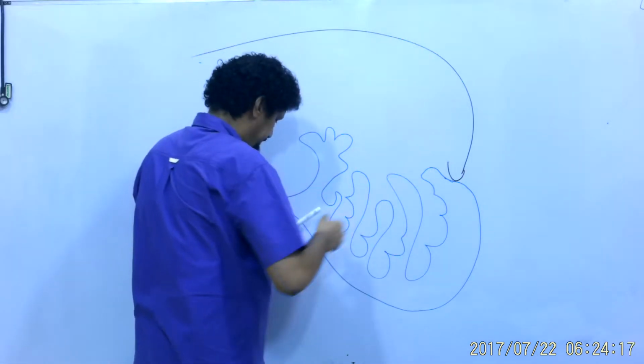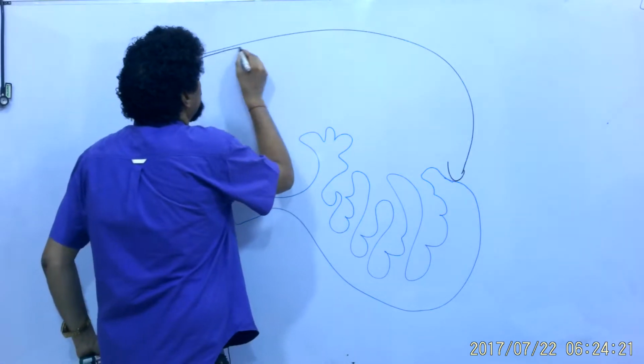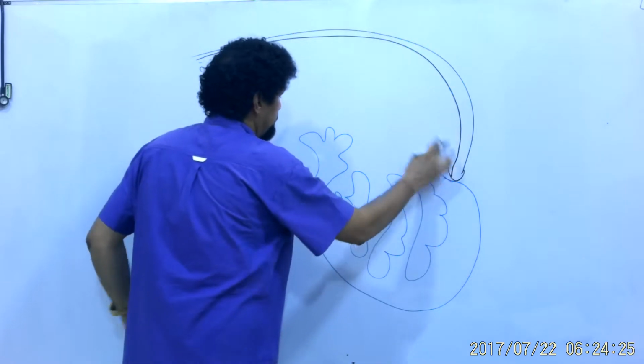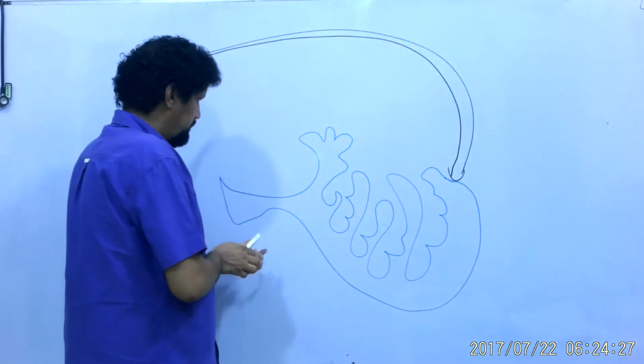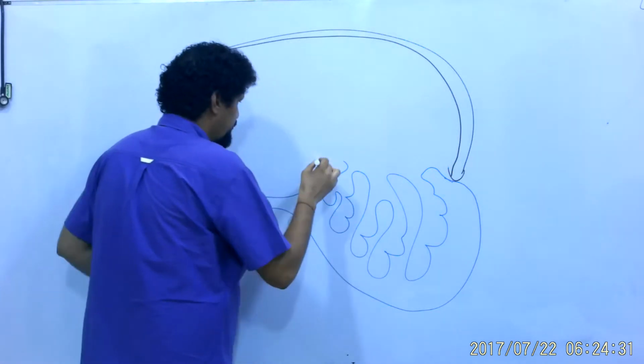So, this is a thin plate. These are mastoid air cells,